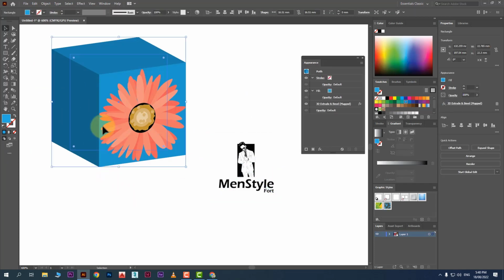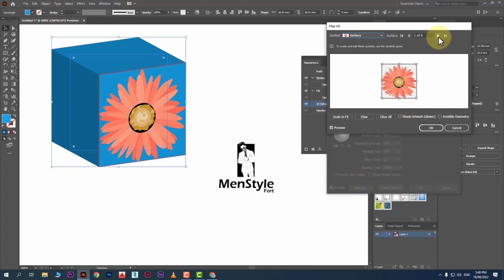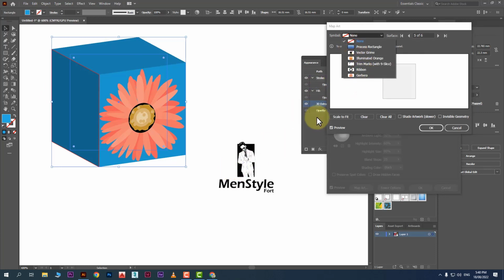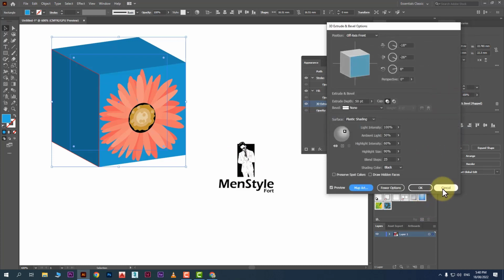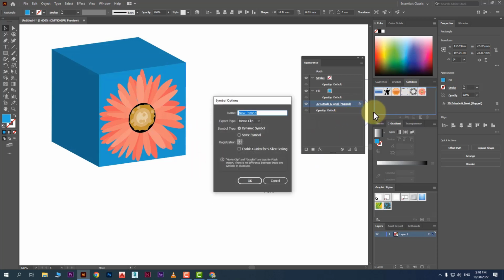So select this one, then go to the Appearance panel, Extrude and Bevel, then go to Map Art and choose Surface from here. Like this, the surface will be visible to you, then choose from here, but I don't have this symbol here. So first we need to convert this picture into a symbol, then I can see it here. Okay, I'll cancel. Then here just find the Symbol panel, and it's very easy, just drag this picture to the symbol panel,